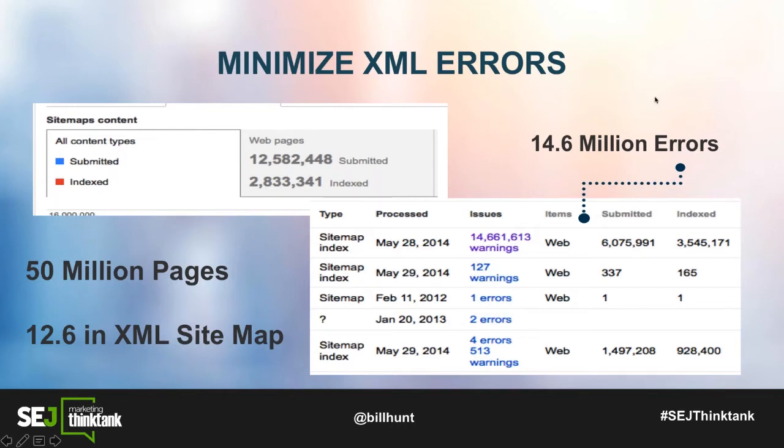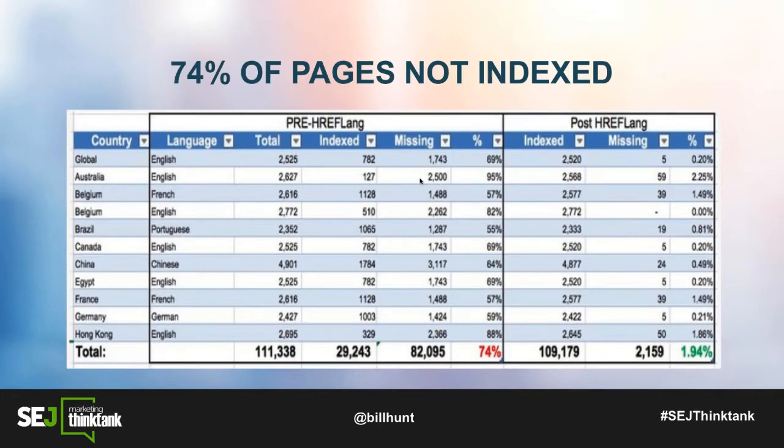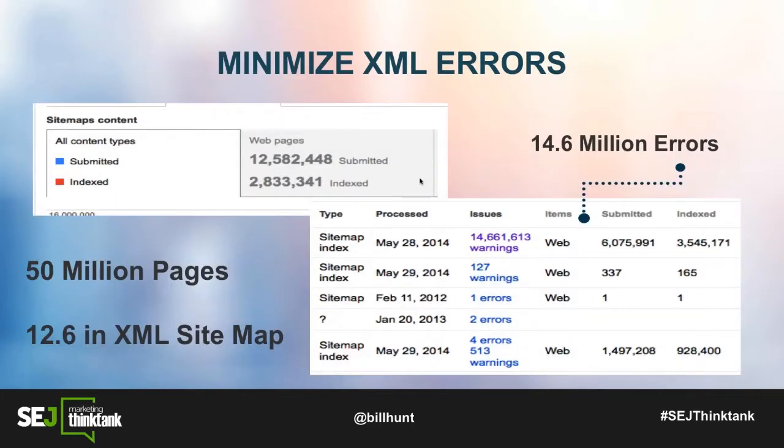The second thing that we found was that of these sitemaps, there were 14.6 million errors. Now, the one thing we have to pay attention to with XML errors is that we're feeding that to the search engine, and every time we feed them junk, there's a problem with that. If they come to a page and it's broken, or if it redirects, all of those are wasted resources for the engine. And it's interesting when I present this, some people have told me, well, we expect Google to be able to figure that out. They've got all of this horsepower. They could gladly take your 404 errors, gladly take your redirects, but why do they need to? And so that's the one thing you want to monitor.